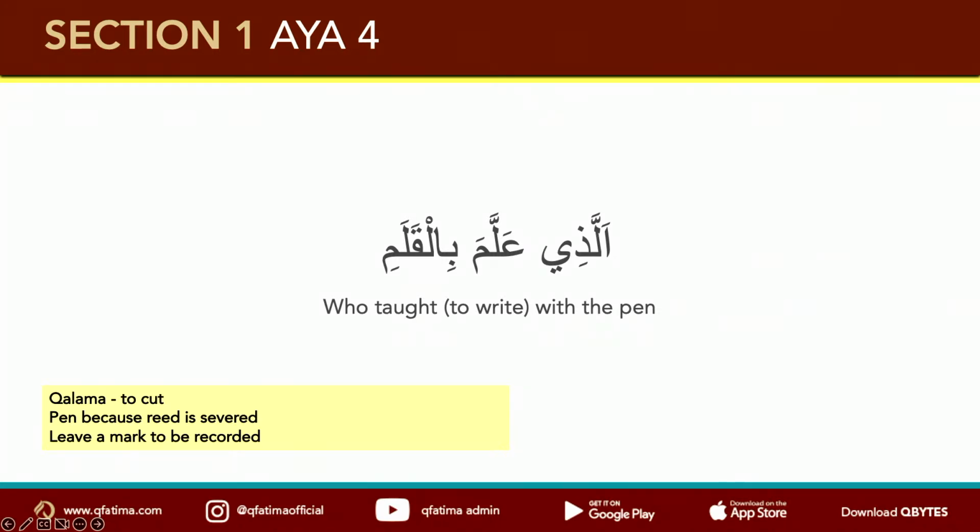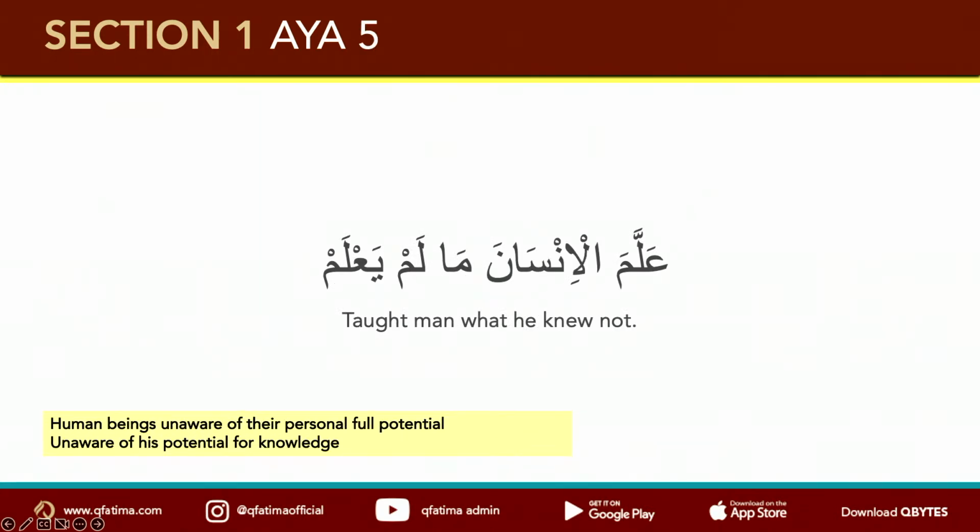So I'm going to go back to you. How many times do you write things down? And do you keep them for your progeny to read, or your friends to read, or whatever? So he says, Alladhi allama bil qalam. The only way you will learn is by something that is written.